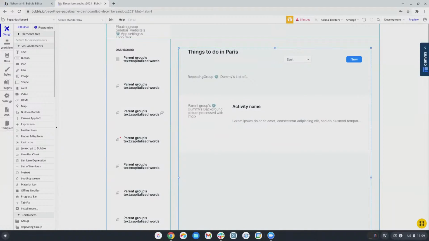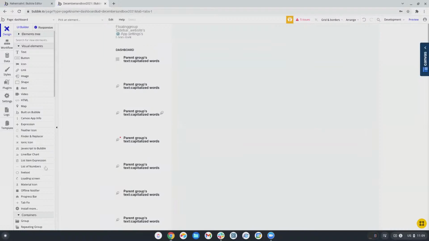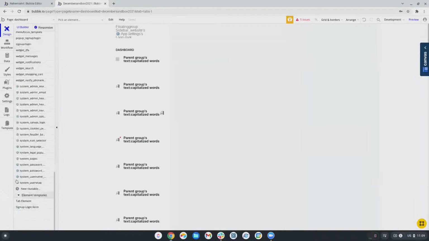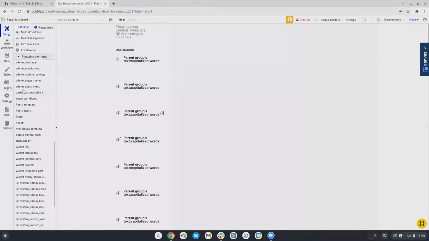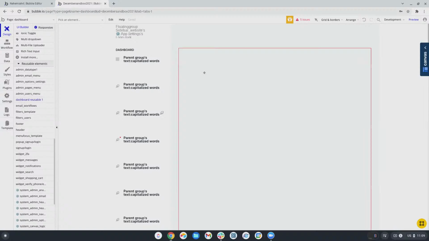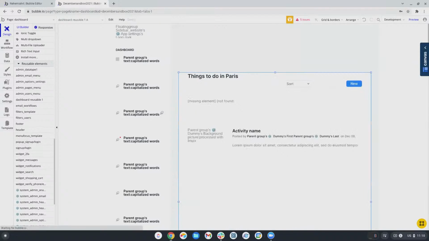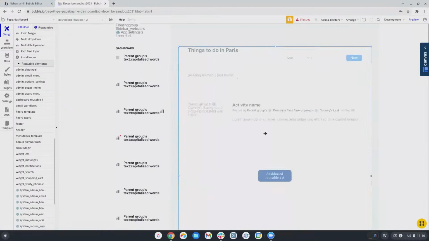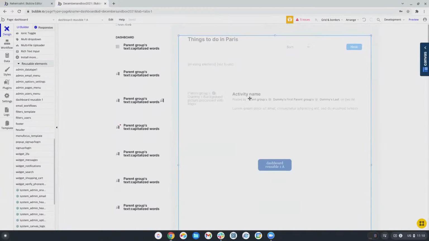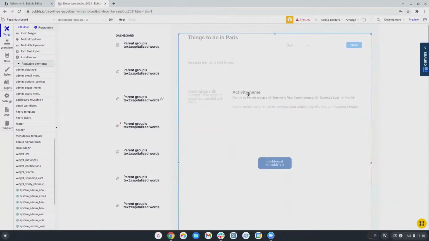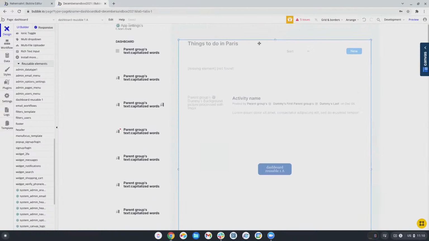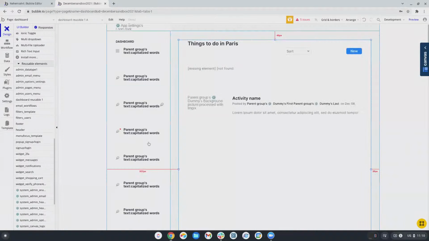So I can take this and come down here to dashboard reusable 1 and pop it in here. And then if I click on it, it'll click into the whole thing. And so the reason to do this is because now when you load the page,